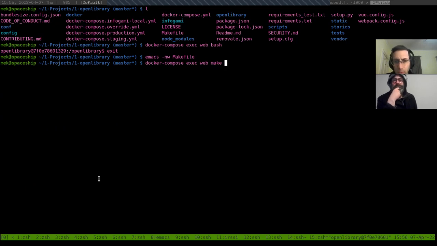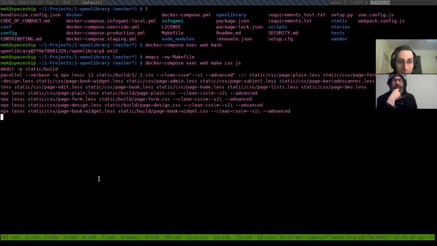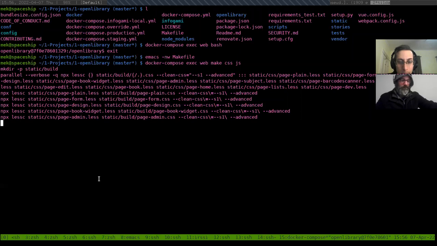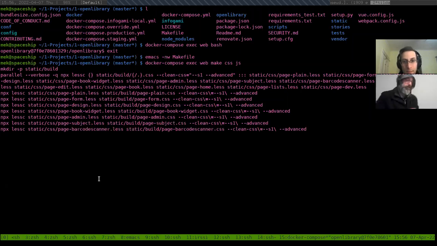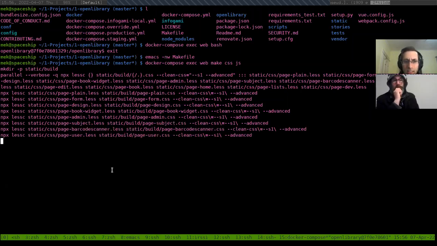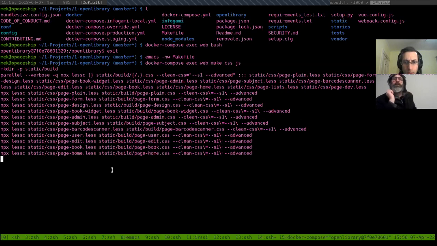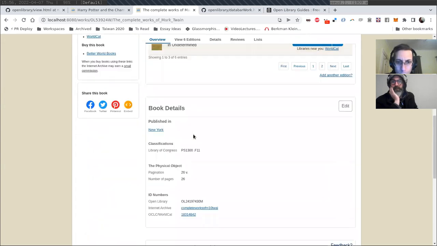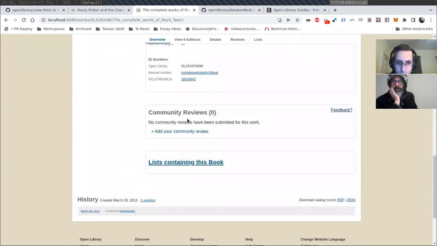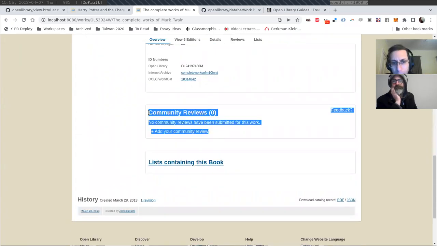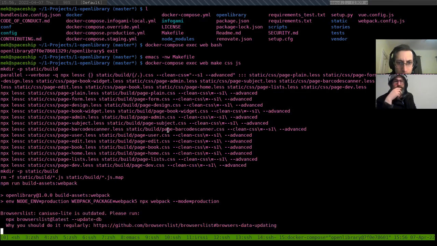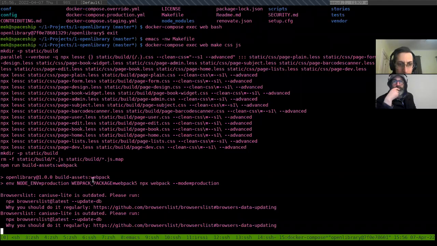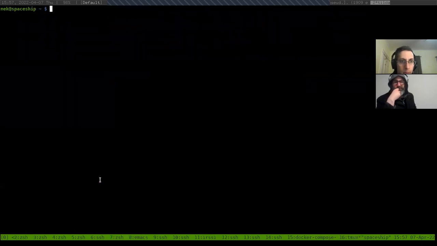Yes. And then we can ramble for a bit, right? So this is going to take a little bit of time, I think. CSS is speedy, but JS takes a little bit of time. Our view components take a lot of time. Oh, do we need to build the components as well? No, we shouldn't have to. Unless we're doing something with a review. I think that's one of the things on this page that is a view component. Yeah, I think we can probably leave that alone for now. But meanwhile, we will let that run, and then I'm going to open up a new window,